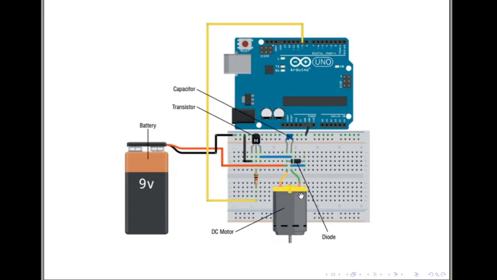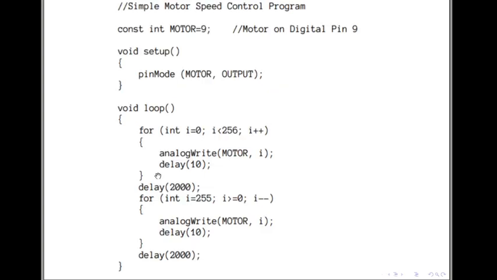Now in this diagram we can see that we are driving a DC motor. Remember, we are driving a DC motor. The motor is connected as per the previous circuit, and we can see here we are using a 9-volt battery, and we can spot the transistor here. So the energy is driven from this battery, not the Arduino, unlike in the case of the LED. Here is a simple motor program.